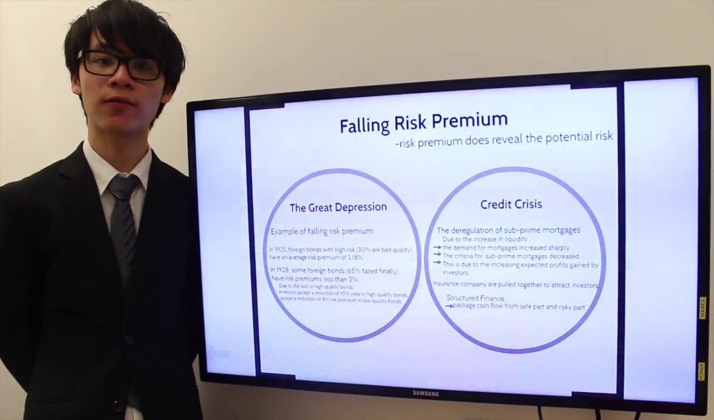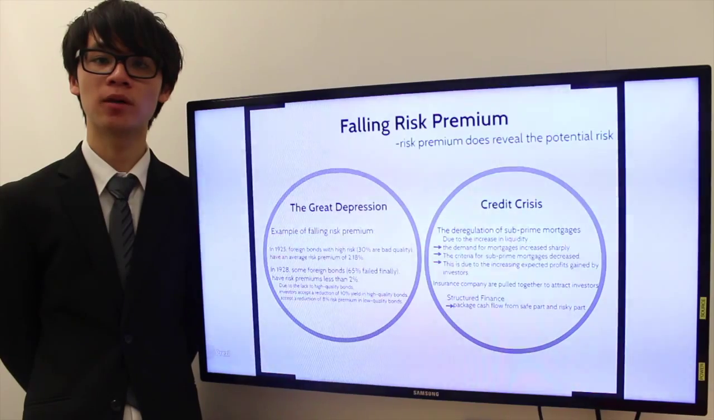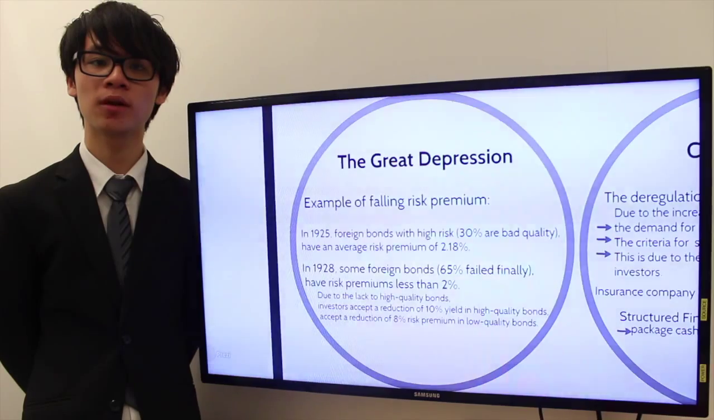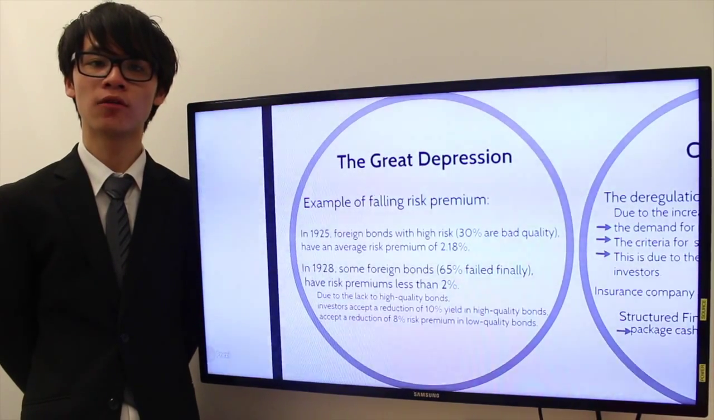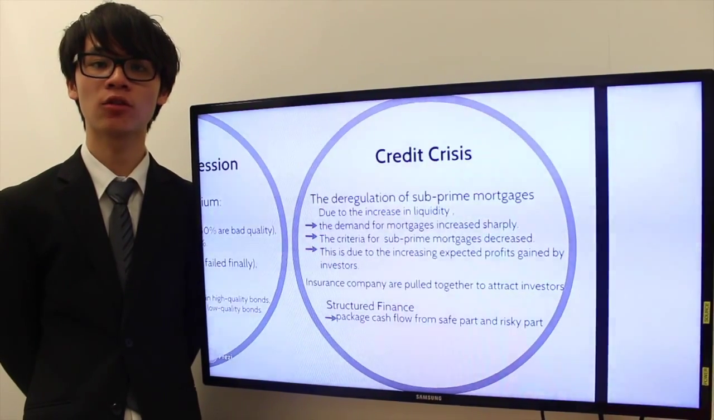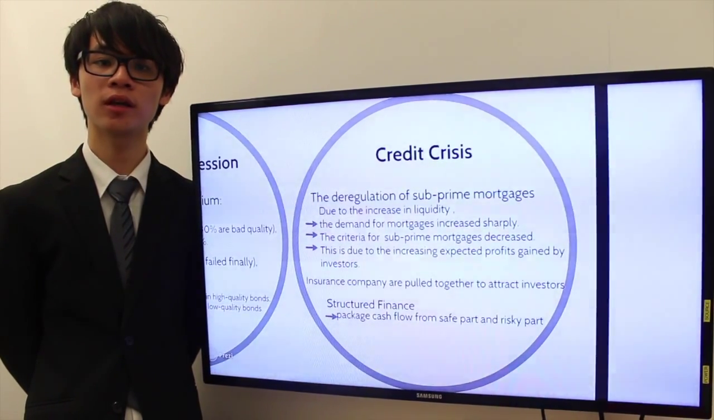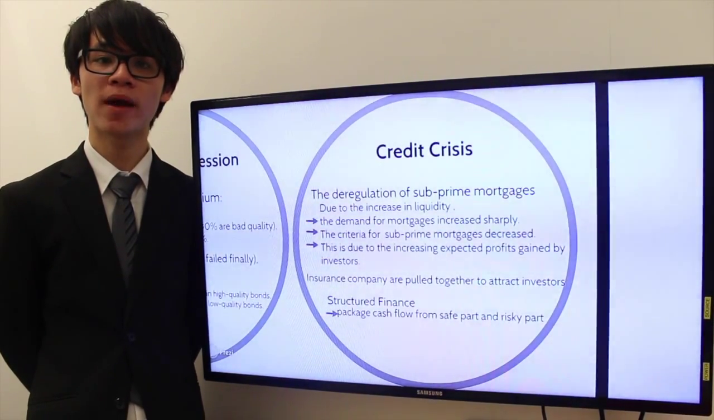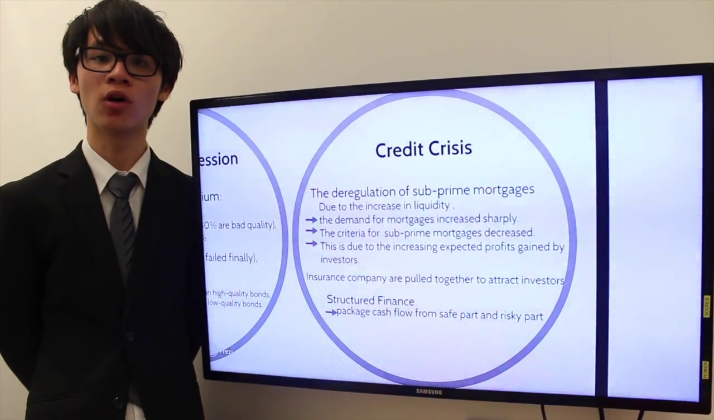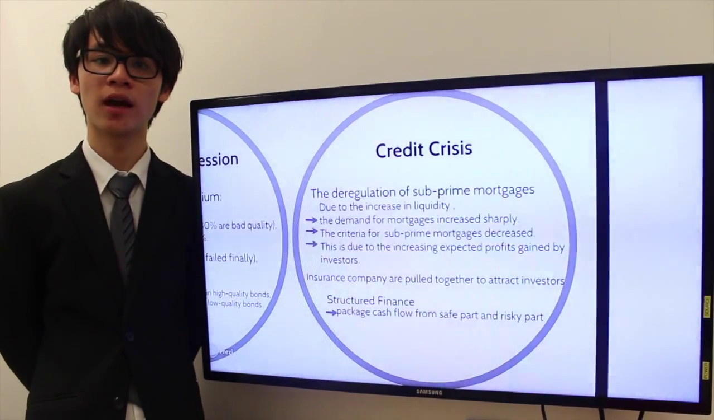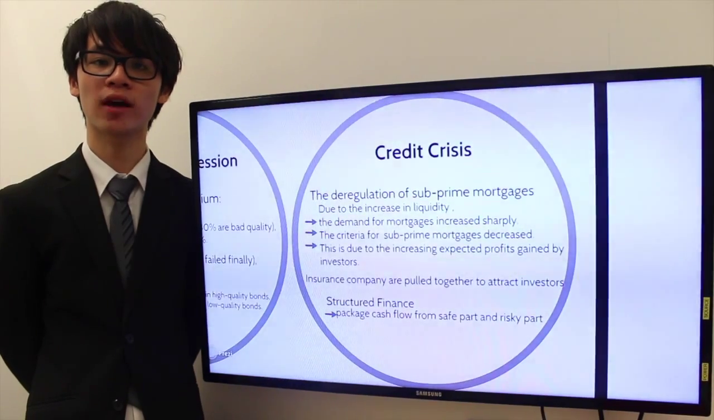Finally, both cases had falling risk premiums, which didn't reveal the risk potential. For the Great Depression, the average risk premium kept falling to a low level. For the credit crisis, there was a deregulation of subprime mortgage supply from monetary institutions and government. Due to the great deal of easy money, the banks also lent money to risky people, regardless of the high risk involved. Also, insurance companies were pulled together to attract investors, and structured finance repackaged the cash flow